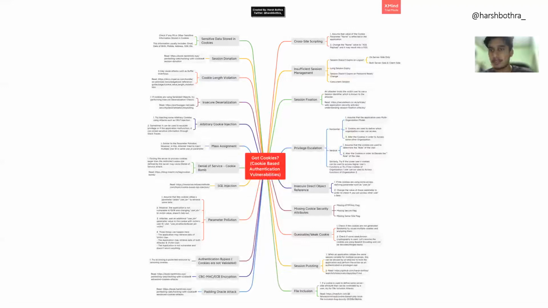Similarly, I got interested in cookies because I haven't seen many attacks on cookies or many reports around them, like I have done this from cookies, I have done that from cookies. There are a few reports talking about IDORs, talking about insecure cookies like missing flags and things like that. So I thought to do more research on it. This is nothing new which I have invented. This is something that I searched, scraped the whole internet to understand what the possible attack vectors for cookies are. And this is what I present to you right now.